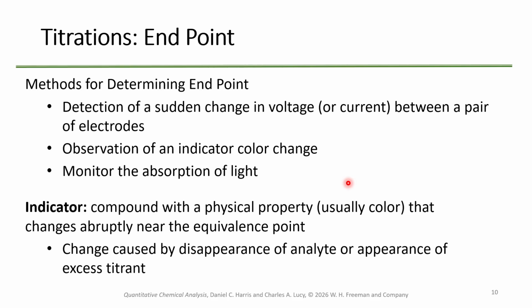Okay. So this will change abruptly if you've done a good job choosing an indicator. That's going to be near the equivalence point, where the color will change. Okay. If you've done a poor job, then your endpoint and your equivalence point are going to be very far apart, right? All right. Now,